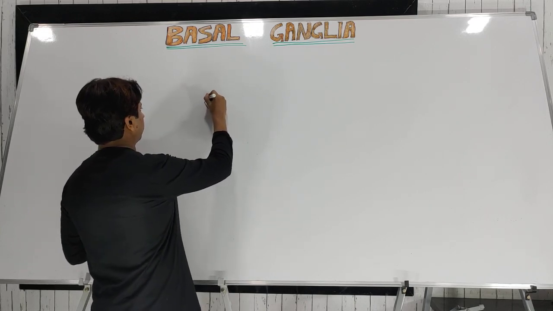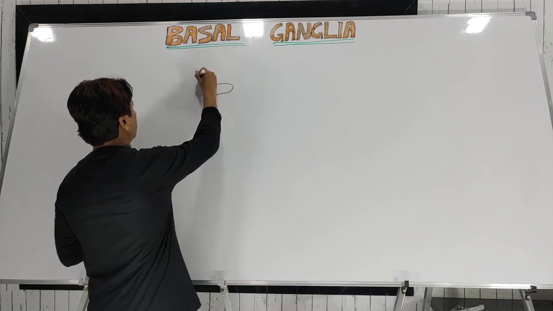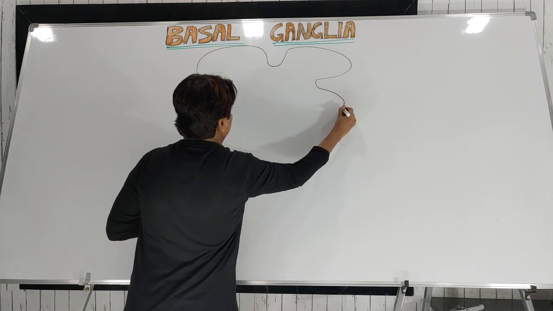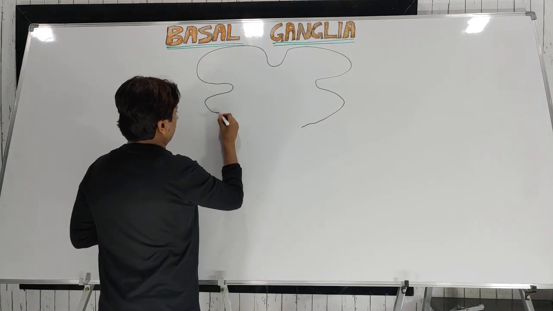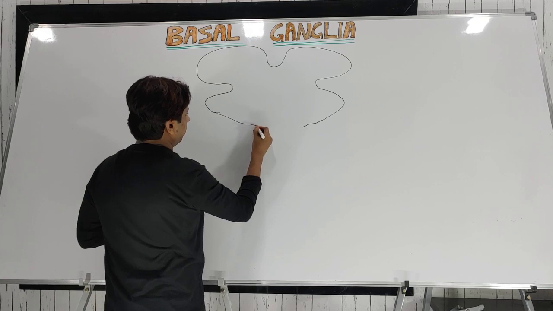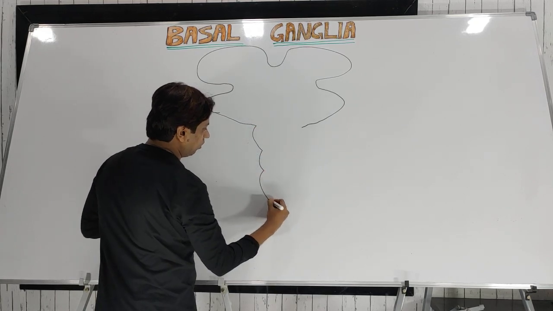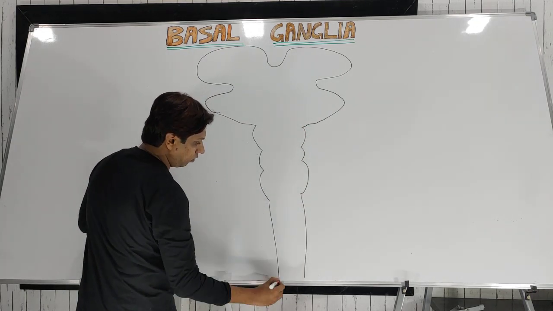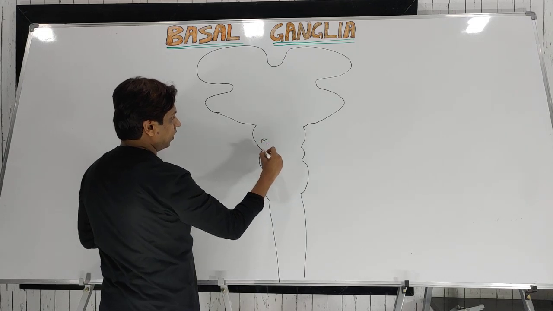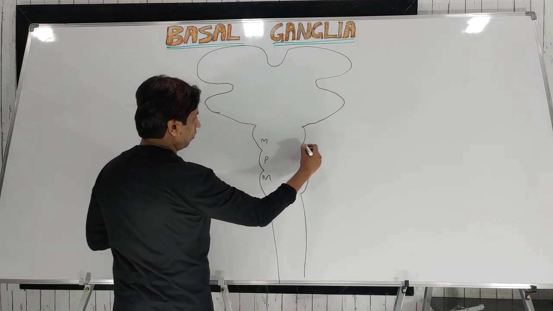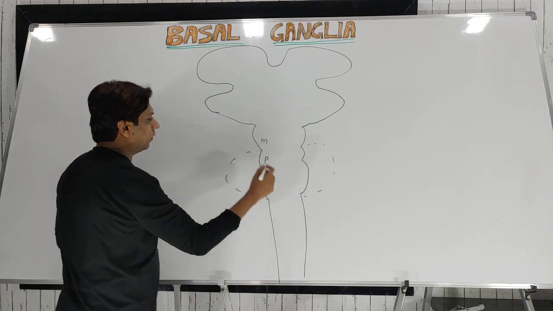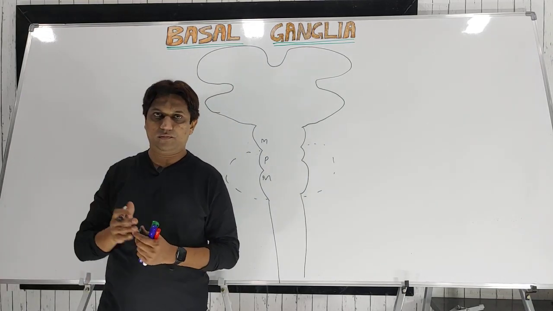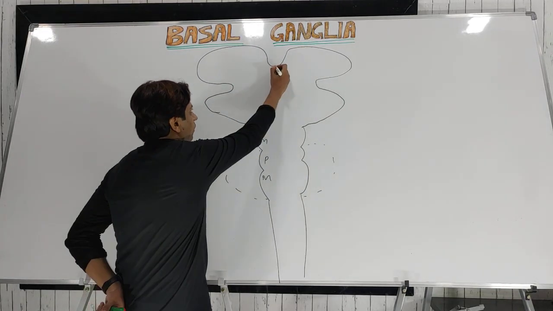So consider this as the forebrain, it is the cerebrum. Then at the base there is the brainstem, that is the midbrain, pons and medulla, which continues as the spinal cord. This is the midbrain, then this is the pons, this is the medulla, then around this brainstem there is the cerebellum. So this is the basic line diagram of the central nervous system, in coronal section. Now consider this as the midline.